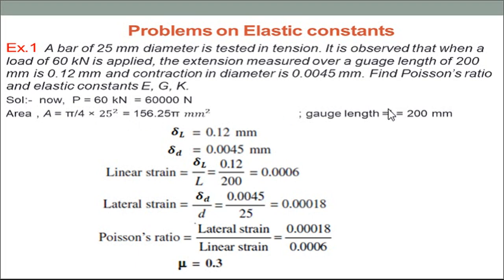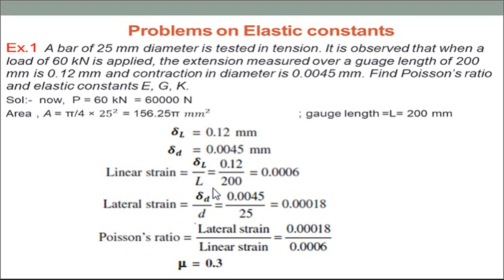The gauge length is given, L is equal to 200 mm, over which the extension and the contraction have been recorded. So that gauge length is 200. The change in length is given as 0.12 and the change in diameter as 0.0045 mm. Both of these values are the linear deformation, delta L, and the lateral deformation, delta D. So first of all,